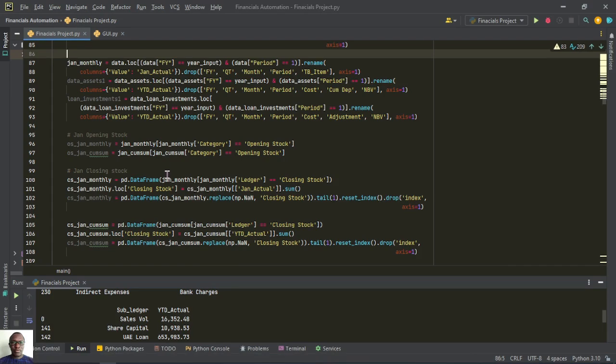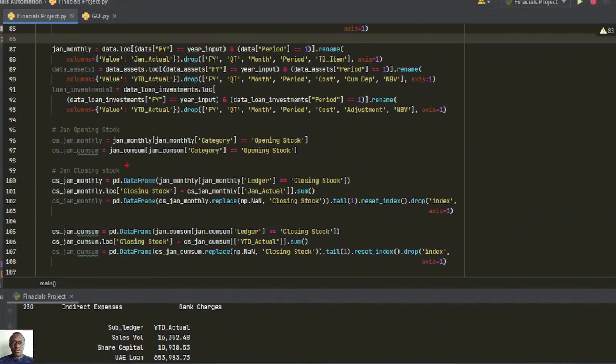So we are saying here that closing stock, we are selecting that subset of data, and then we are putting that data into a data frame. So we are saying that CS January monthly, of which this is the subset of data that we've selected here. Then we are trying to put this data into a data frame, and then again we are saying the CS January monthly dot log closing stock is equal to